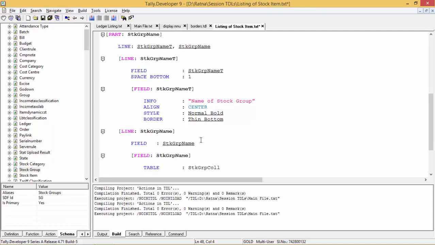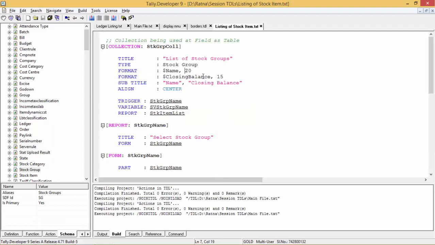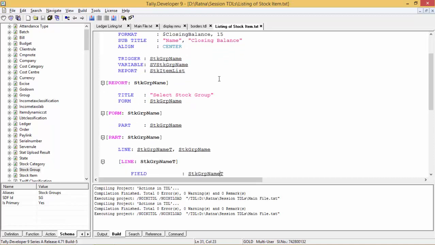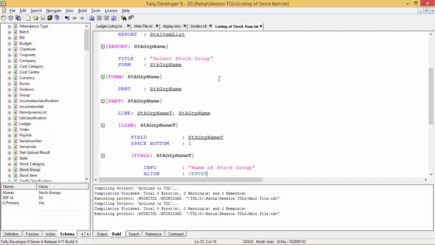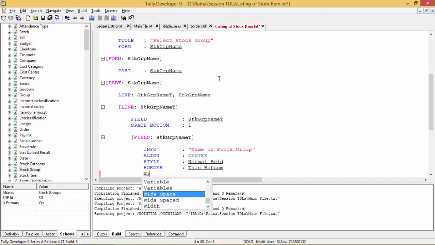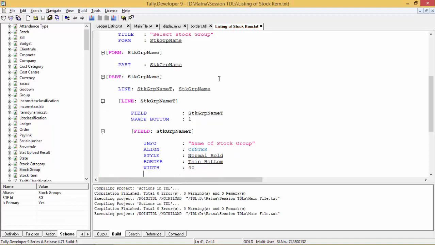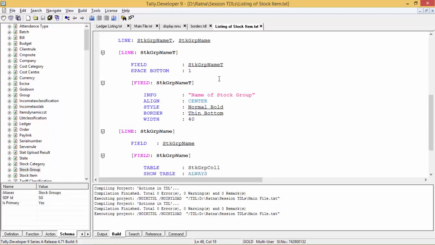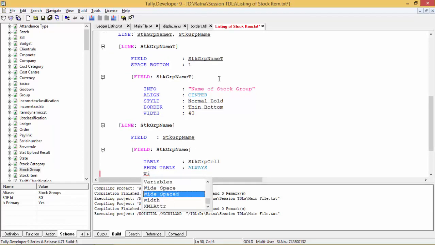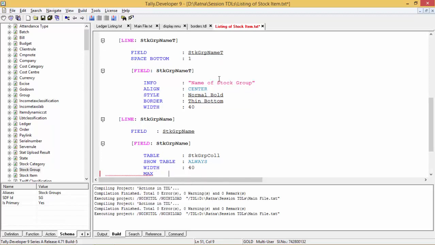When you want to show the table, show table always. We haven't given the width, so we'll give width according to what we have given here. It's 20 plus 15, 35. So we'll give the field width as 40, so we can see it aligned properly. So width 40, and same way for this field, width 40, max for number of characters